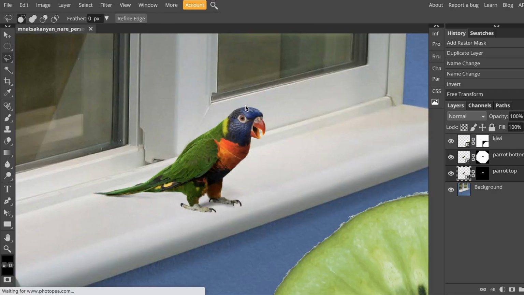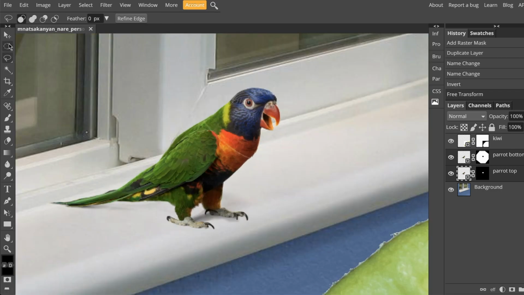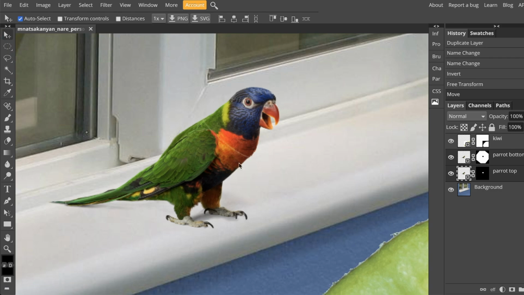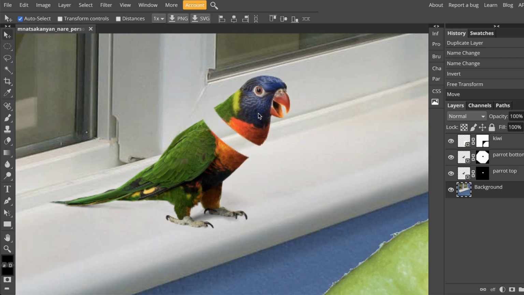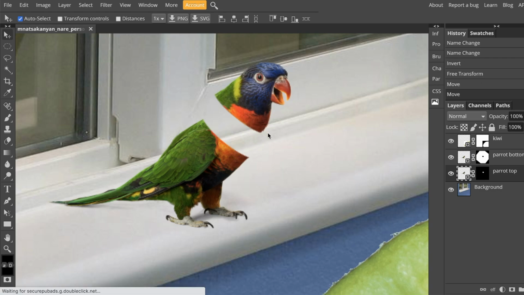I'll now zoom back in and go to my move tool. Before I remove the top part of the head, I do need to deselect one of these layers. So I'm just going to click on background, and then I can now use my move tool and just click and drag the head up like this. I know this seems really creepy. It is really creepy. So now that I have the top of the head moved the way I want it to,